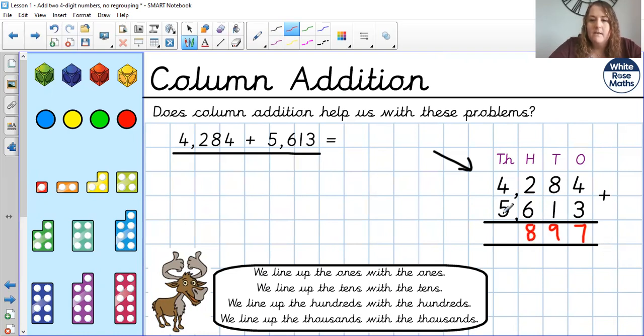And 4 add 5 is 9. And the last thing I need to do is I need to pop that comma in. So my answer is 9,897. Now, just while we're still on this question, can you see how I've really carefully put one digit in